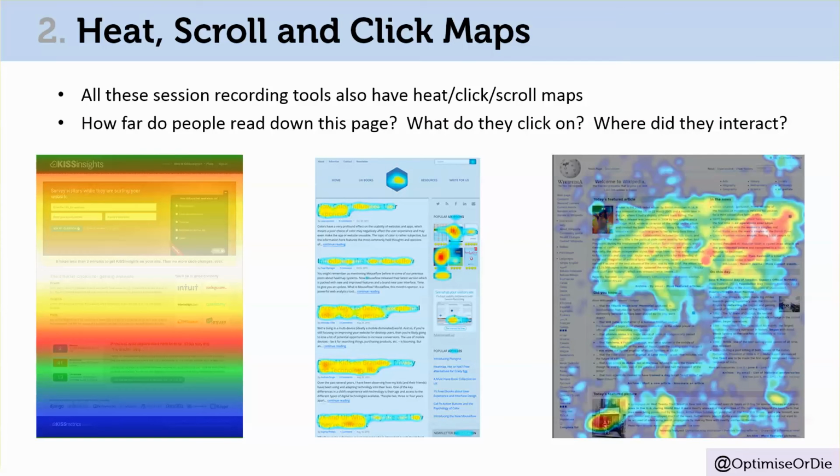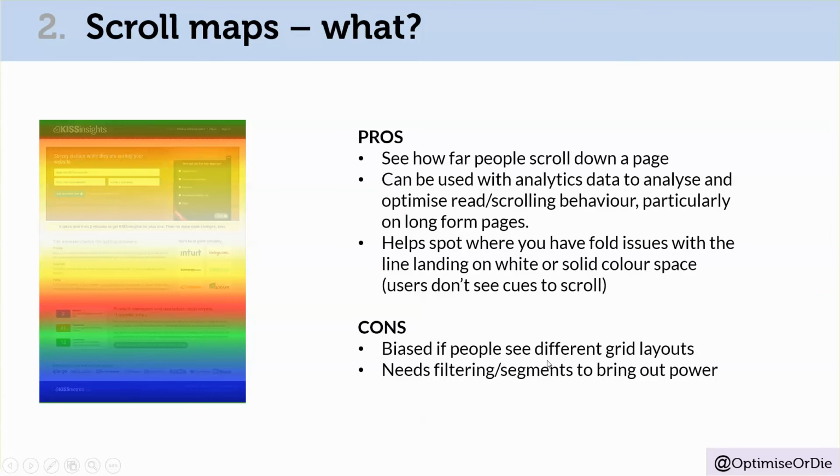Number 2 in the arsenal of features in these tool sets are heat, scroll and click maps. Very useful, but for slightly different things. Let me explain. Scroll maps will tell you how far people are scrolling down a page. How far do they get? Where's the waterline of attention? And you can use this in combination with analytics data to